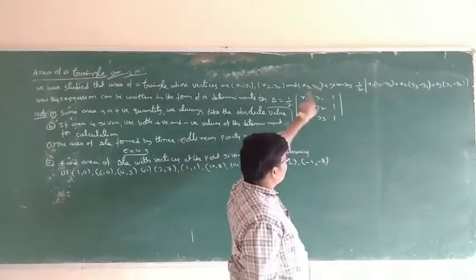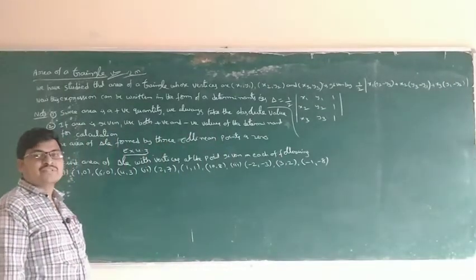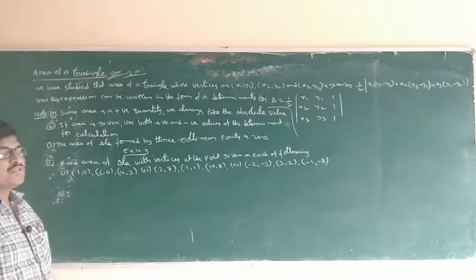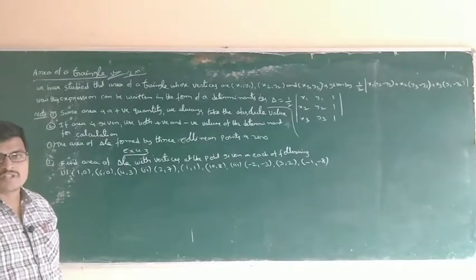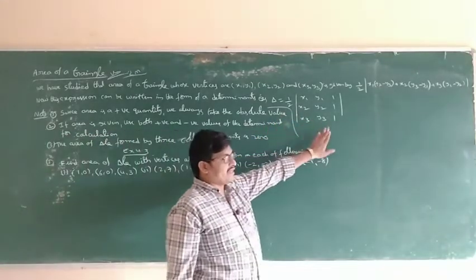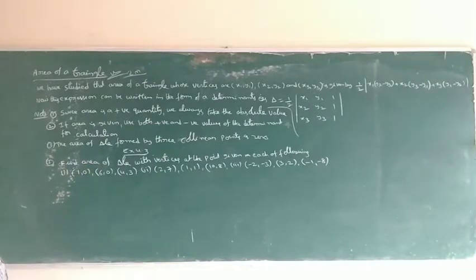What is the procedure? The determinant of the 3 by 3 matrix by using the expanding method, with plus and minus signs, using the row 1 method, row 2 method or row 3 method. Okay, this is the procedure for a 3 by 3 matrix determinant. Simple question. Okay, so note the points.